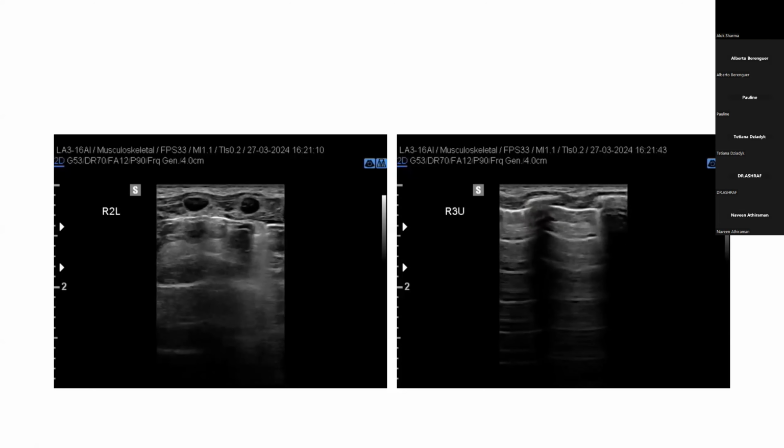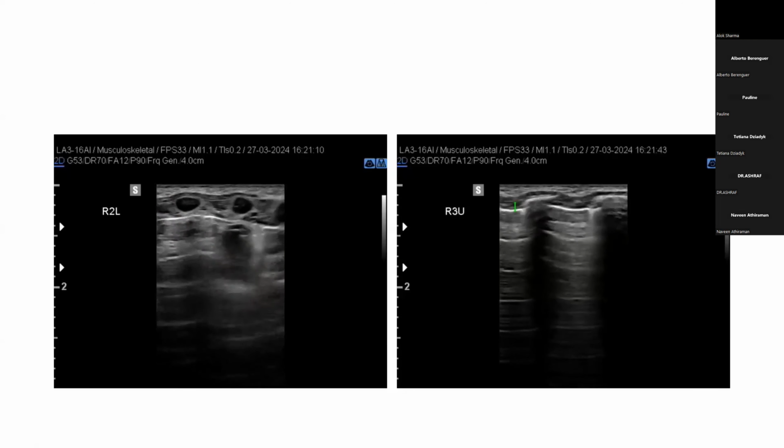So I'm just going to highlight where. Just that region there. Again, just there, very small. The M mode would definitely be very important. Very, very important in this situation. And when I looked on the lateral side, I saw a fine A profile with some comet tails and some B lines,